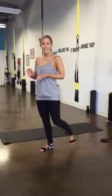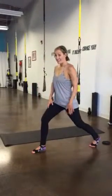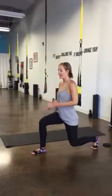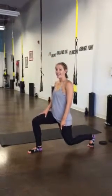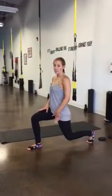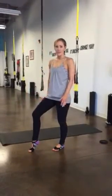Then I'm going to do the same lunge, this time without the slider. You're just going to bring that left leg back. Right leg is still on the floor, and you're just going to go down. You want your knee to almost touch the floor, and then come back up, and then go back down. Again, you can hold it to work some of those stabilizers. You'll feel a nice stretch in that quad, as well as you'll be working your quads, hamstrings, and glutes on